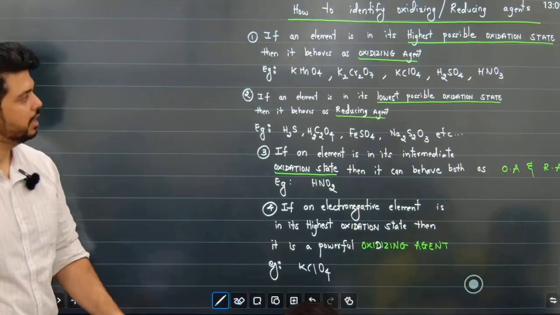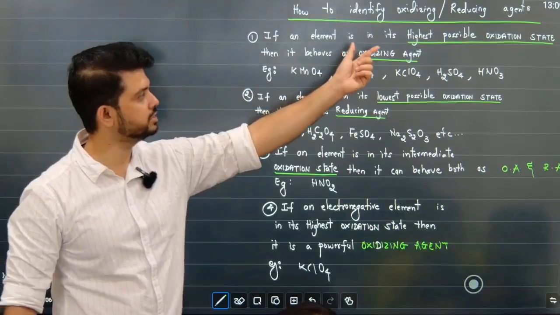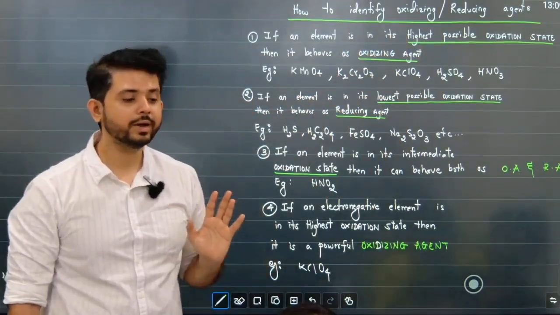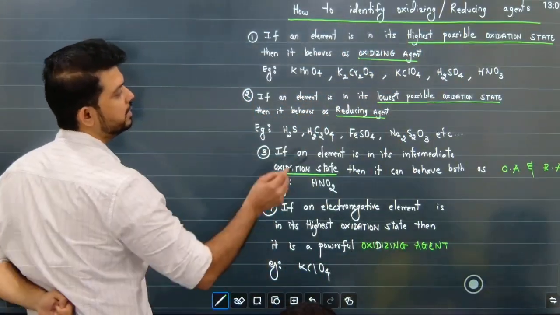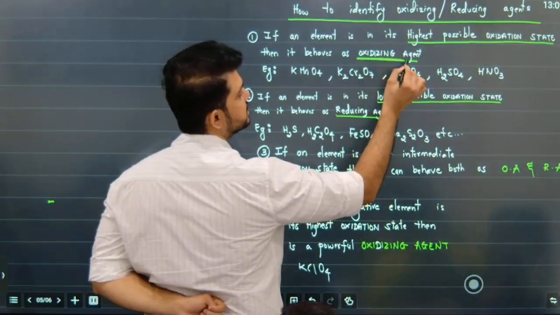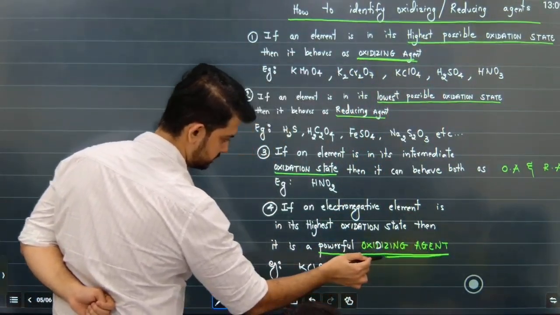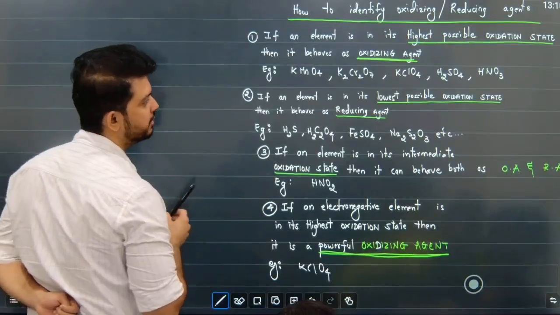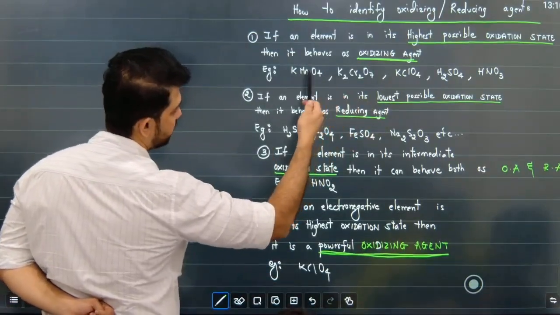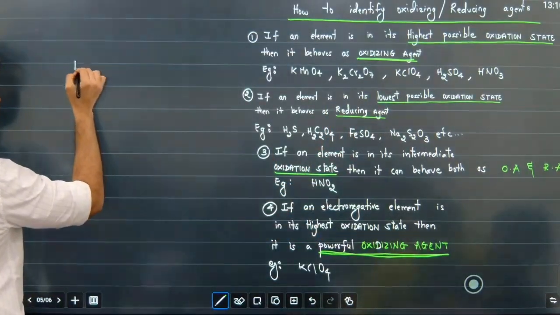Next. Now we come back to oxidizing and reducing agents. How do I identify if any particular compound is an oxidizing agent? Yeah, it is a powerful oxidizing agent. A simple way to identify this is, let's pick any example here. So let's say I start with